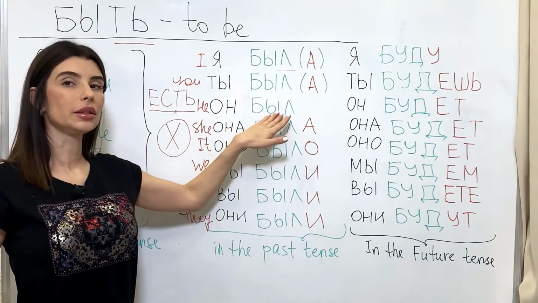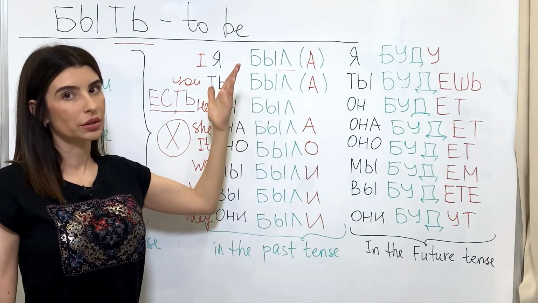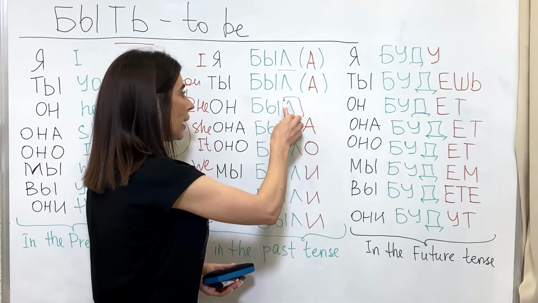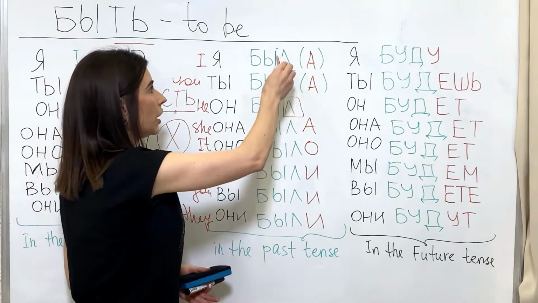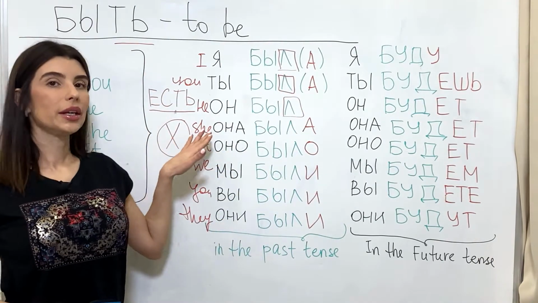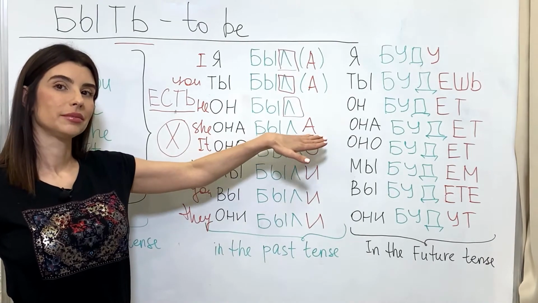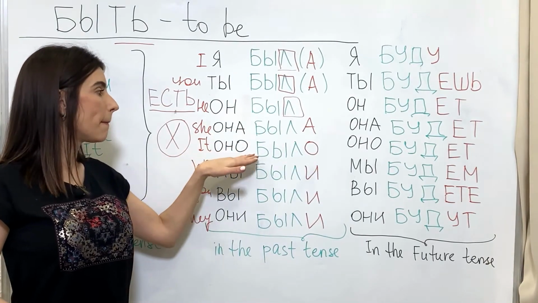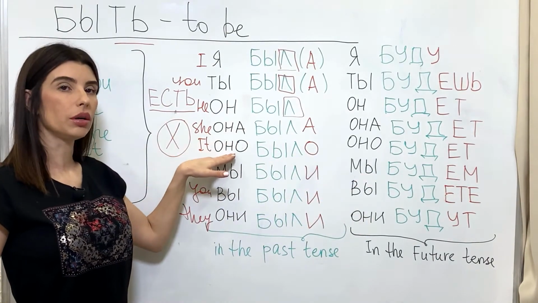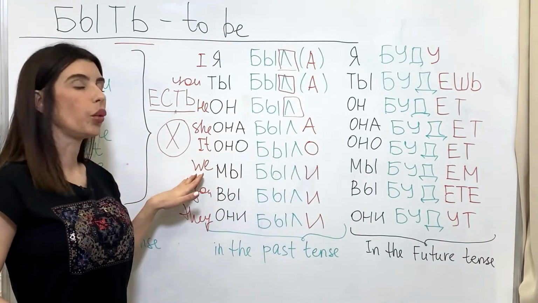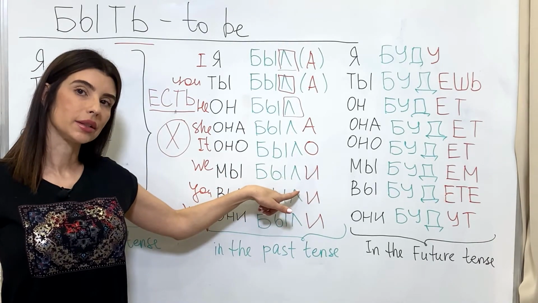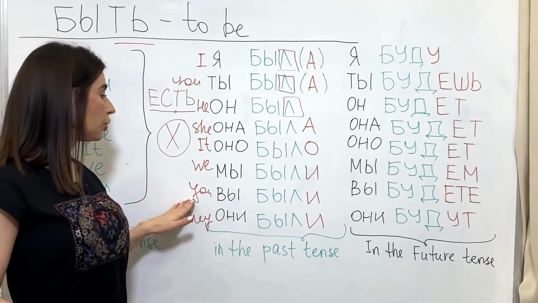Он был. Он means he. Был. You see л at the end. Here also and here also. She, она была. Оно было. It, оно было. We, мы были. И at the end. Do you see? You, вы